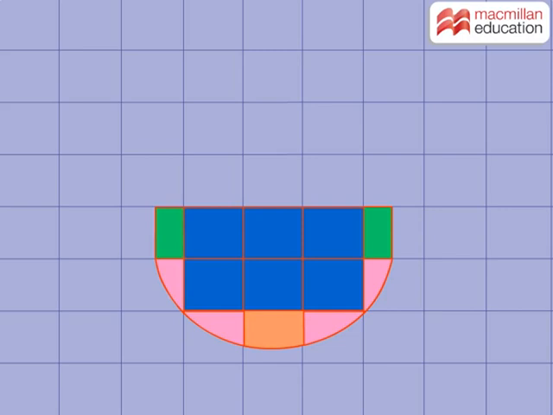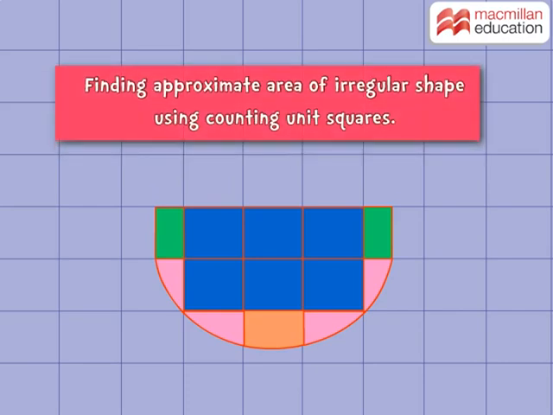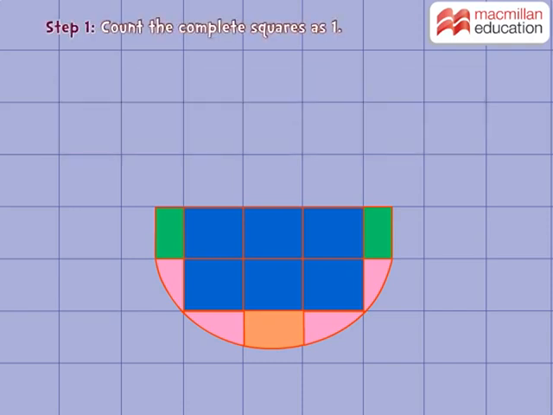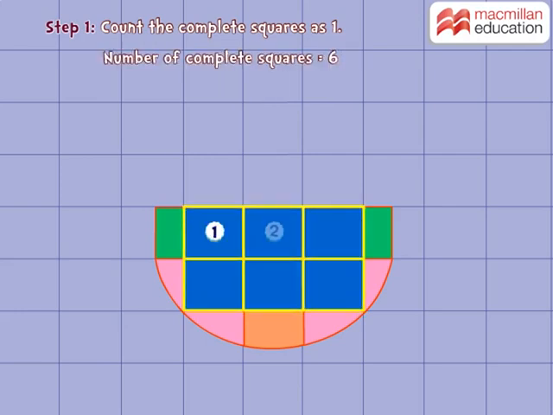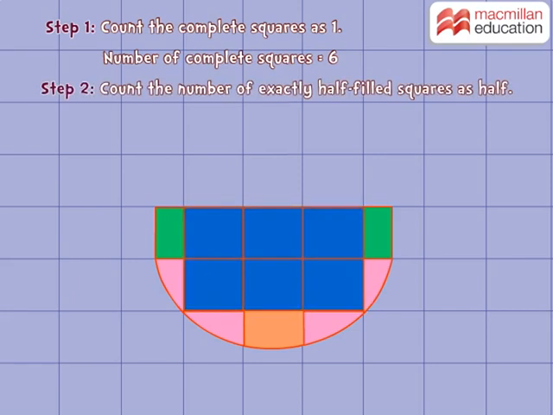For such irregular shapes, we find an approximate area by using the following steps. In the first step, we count the number of shaded portions that occupy the complete square, and there are 6 such squares. In the second step, we count the number of shaded portions that occupy exactly half-filled squares, and we have